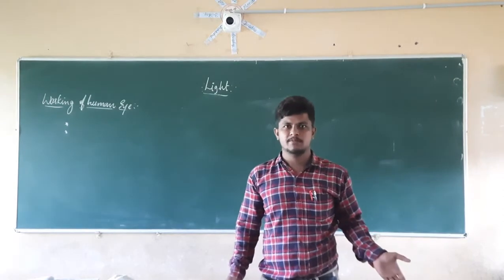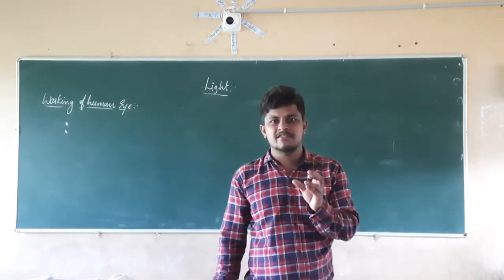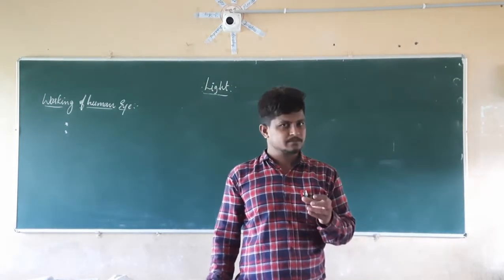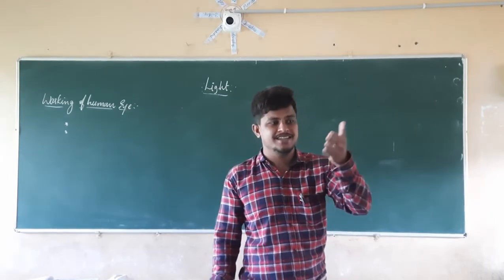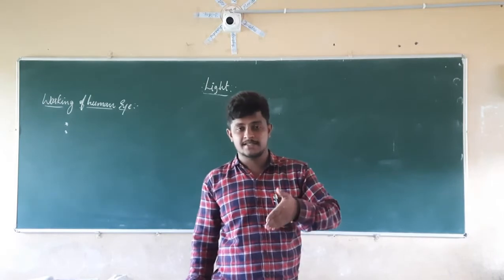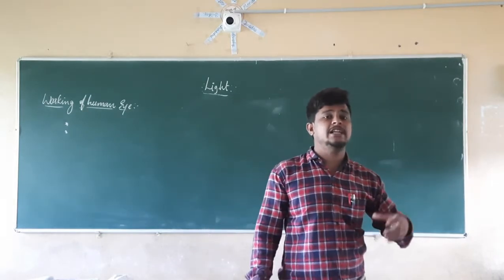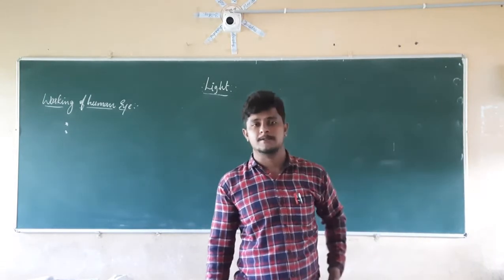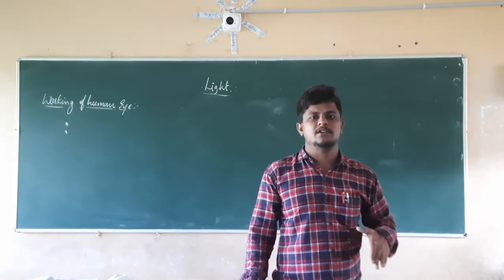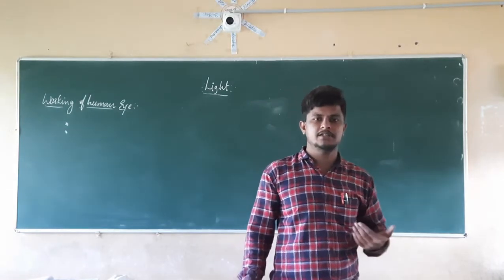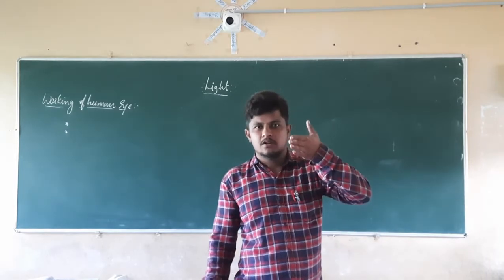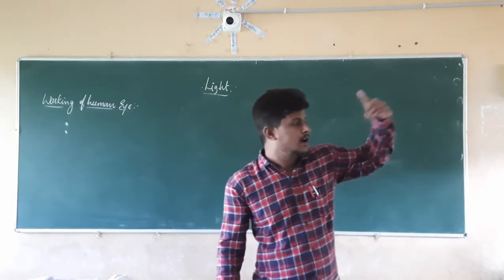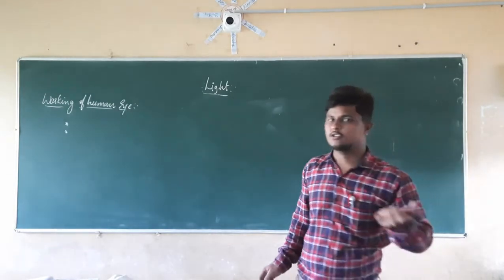Yes, it is also possible. So the eye is such a device present in our bodies. It is going to see everything which is present nearer to us, as well as the things which are very far away from us. So what is the near point and what is the far point of our eyes? Up to what distance is our eye going to see? At what distance is the closest it is going to see, and how far is it going to see? We are going to see those things.